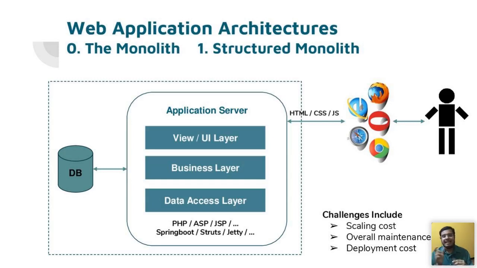The term elastic was attached to cloud because it's really elastic, right? Whenever you need, you can pull in more resources for serving a lot of users. Whenever you don't need, you can contract it so that it is always less resource intensive. That way you save some cost and all that. So that is more about cloud computing, and that is where we'll try to go in the next slide.